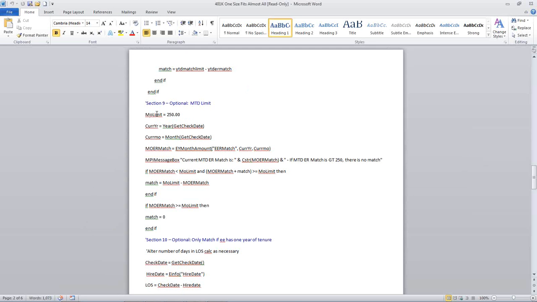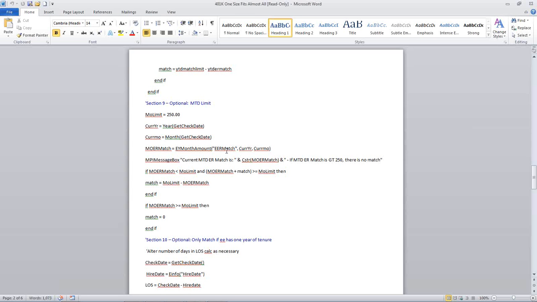So, for example, in this case, this is a month-to-date. You can only match $250 a month. But in order to figure out a number of things about this, we have a different set of commands in here. The get check date, which is the check date of the check, this will display the year. What is the month?